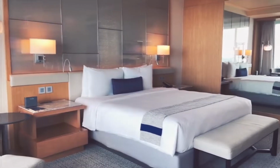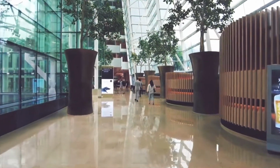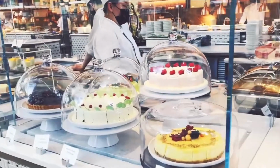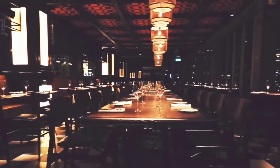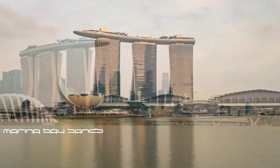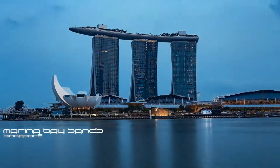The 2560-room hotel, a 120,000 square meter or 1.292 million square foot convention center, a shopping center, an art and a science museum, 2 Sands theaters, 6 restaurants and a casino are all included in the 929 square meters or 10 million square feet, high-density and mixed-use Marina Bay Sands integrated resort complex. Located across the bay from Singapore's core business district in Marina South, a peninsula of land that was reclaimed from the sea in the late 1970s,